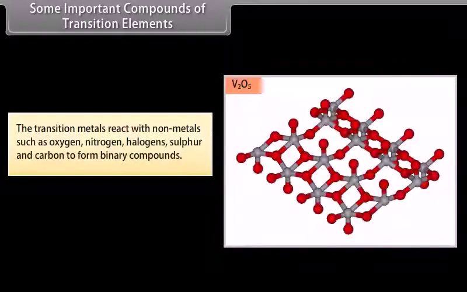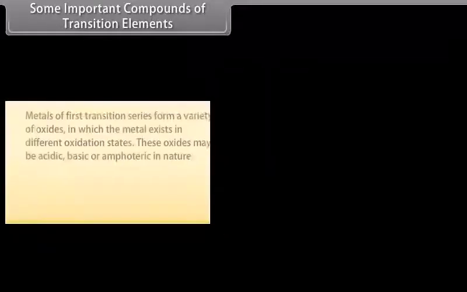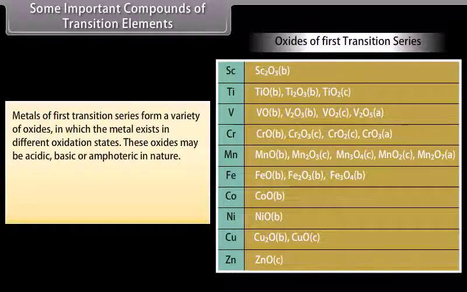Some important compounds of transition elements. The transition metals react with nonmetals such as oxygen, nitrogen, halogens, sulfur, and carbon to form binary compounds. Some of these compounds find important industrial applications. Metals of the first transition series form a variety of oxides in which the metal exists in different oxidation states. These oxides may be acidic, basic,